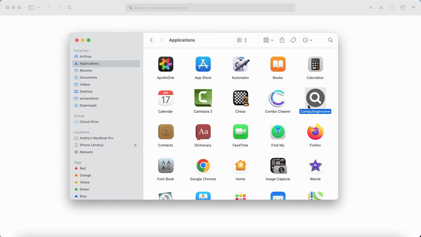This ComputingInvolve adware is often spread through fake software or browser update alerts. For instance, there may be some sudden pop-up in your browser mentioning that you need to update your Adobe Flash Player or some other software. Interacting with all these pop-ups is dangerous and may lead you to the installation of this ComputingInvolve adware into your